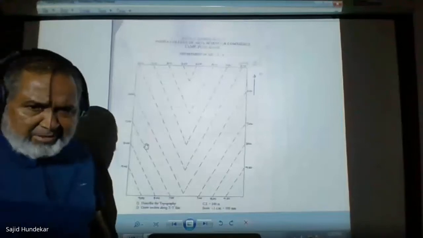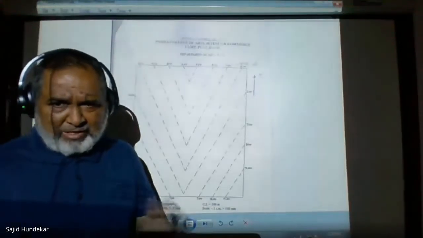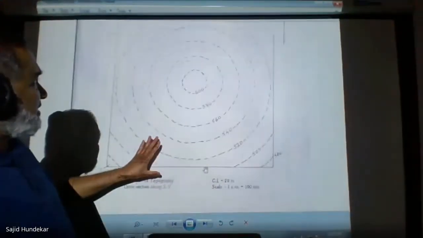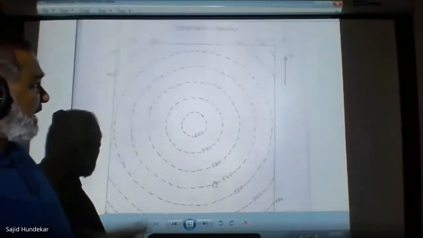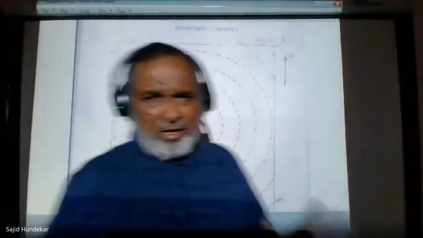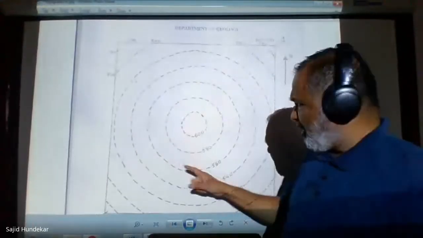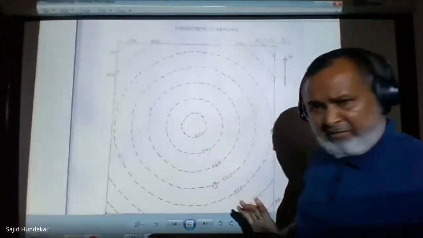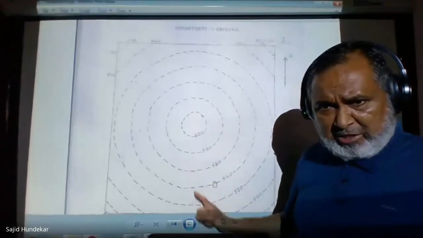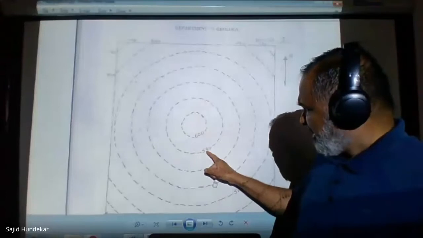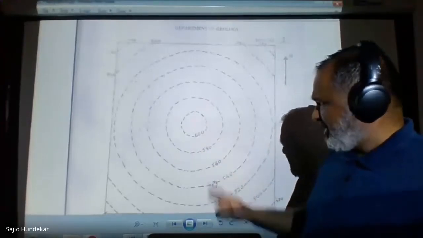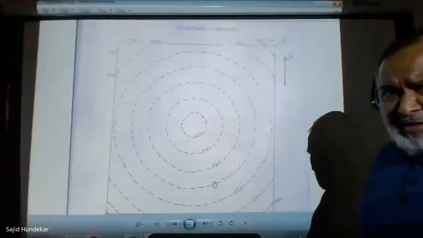So here we have the topographical map as well as the geological map. This is the first map, number one. This map shows dotted lines with values written on them. Can you see these values clearly? Yes, sir: 600, 580, 560, 540. The values go on decreasing like that.